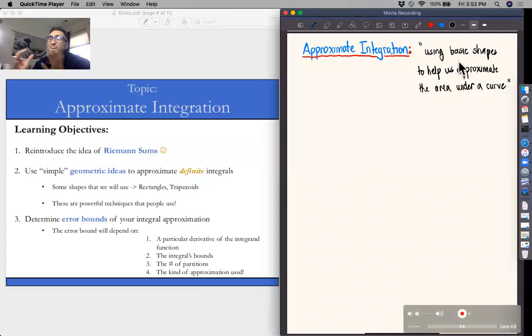Hello, students. So the next topic we're going to cover in class is actually one of my favorite topics. It's called approximate integration. And this will be a topic where, like the name suggests, we're just approximating the value